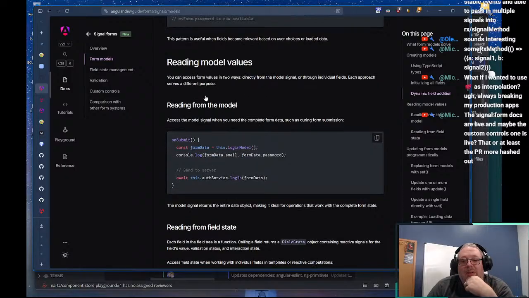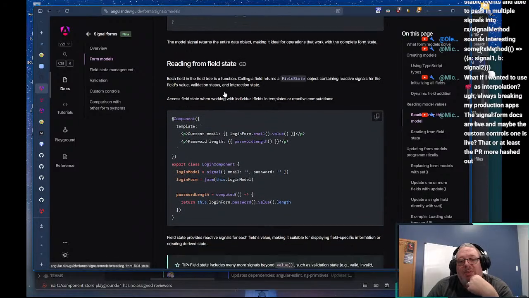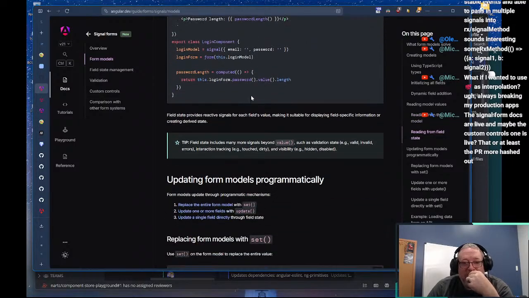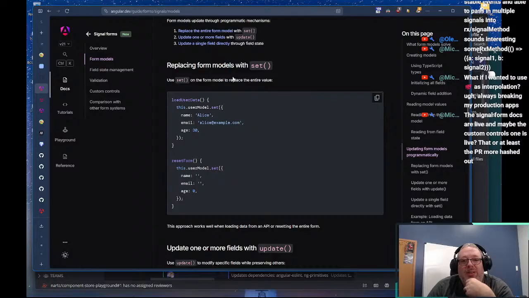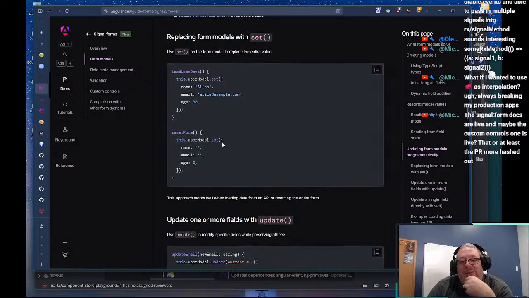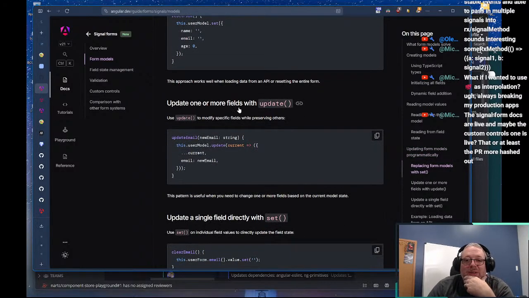Reading model values. Reading from field state. Updating form models programmatically. So yeah, you can set the model itself, which I was trying to be silly about last time.